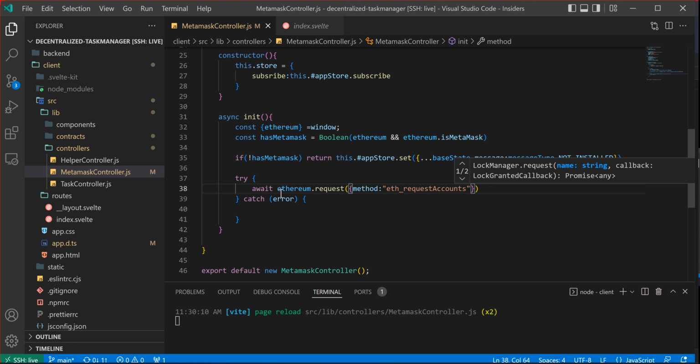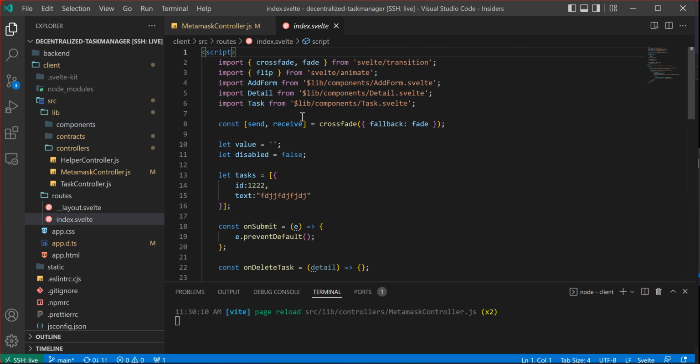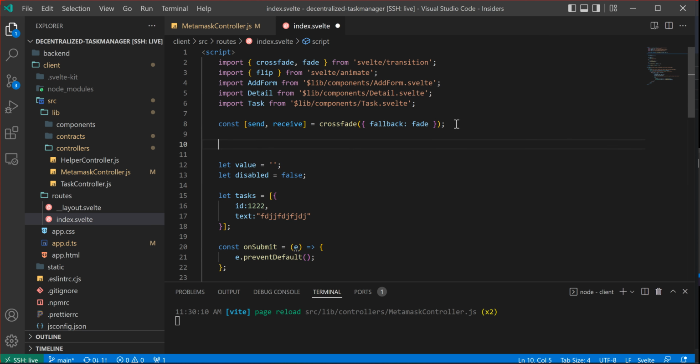So here, if you check for now with this minimum viable product, let's go and hook it on our front end. Here on the front end, we have to import the MetaMask,